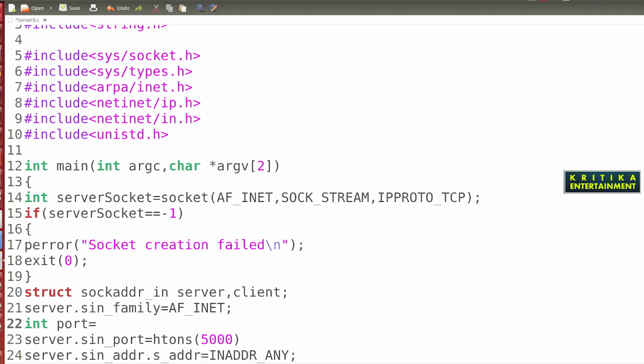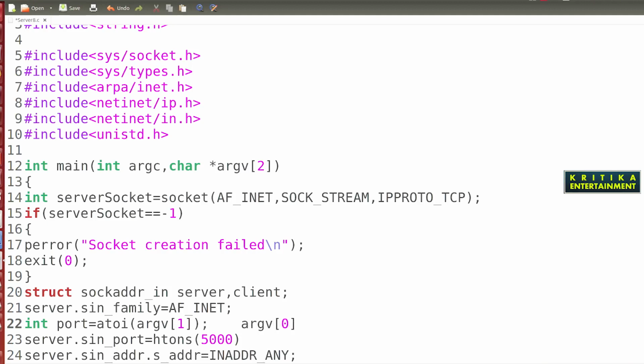So here I will declare int port equal to a conversion function. What is the conversion function? atoi, ASCII to integer. Here write argv[1]. Why do we write 1 here? Because when you run the program, you type ./a.out, and its position is argv[0].